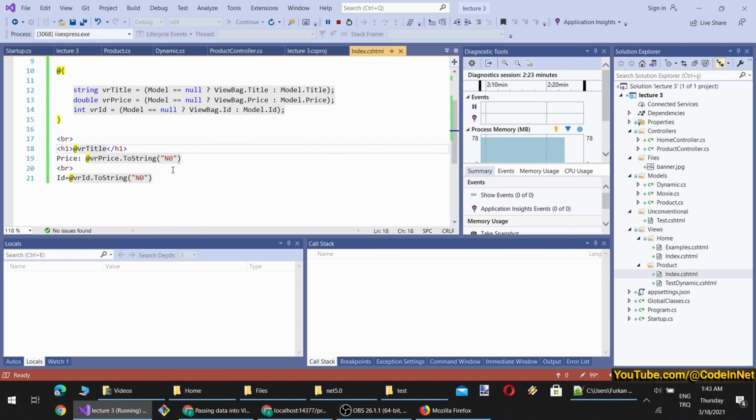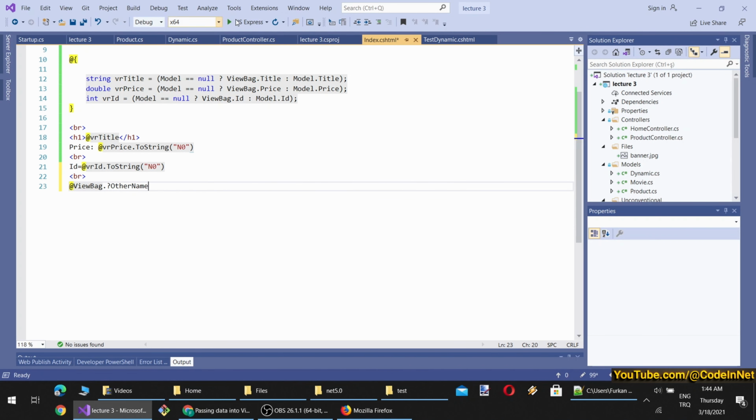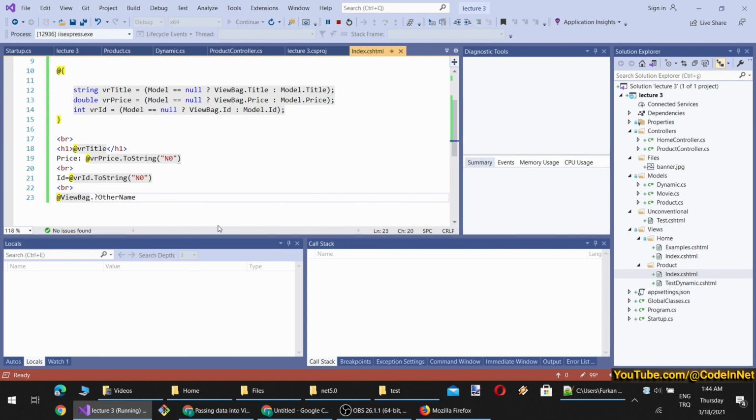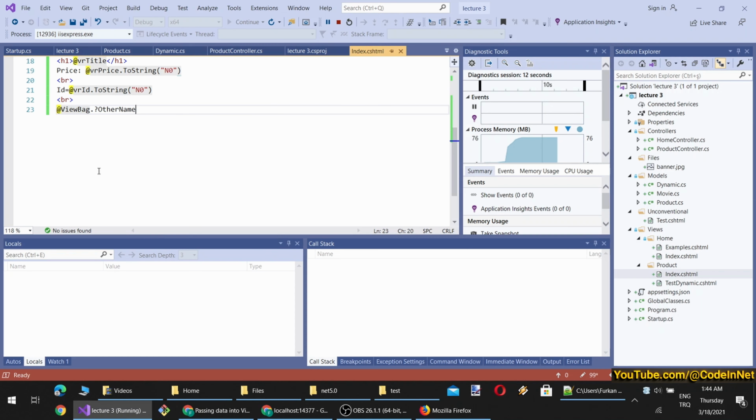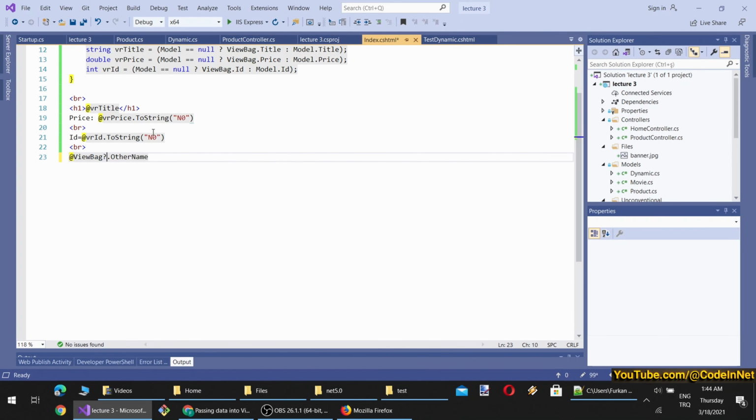Okay, so let's also try something else here. I wonder if that would work. Okay, ViewBag and a null check, let's say with another name. Okay, let's run this with no data first, and with data as well. Currently, ViewBag doesn't have an object like this one. Oh, it didn't work. Why? I think we have put the condition correctly. It should have been like this, yeah.